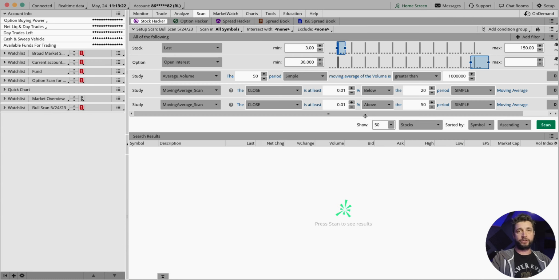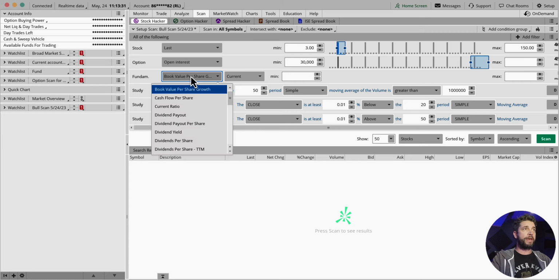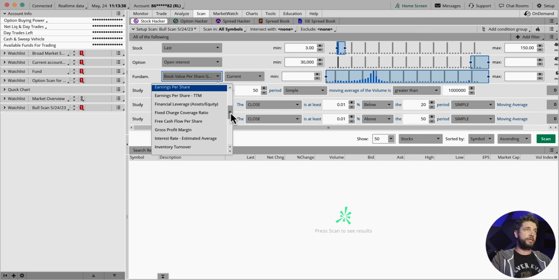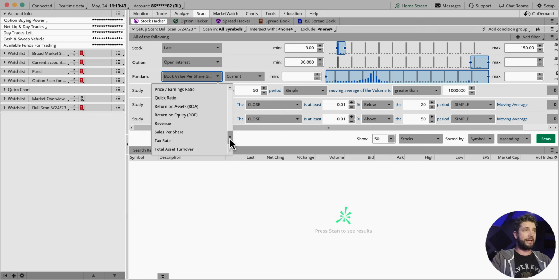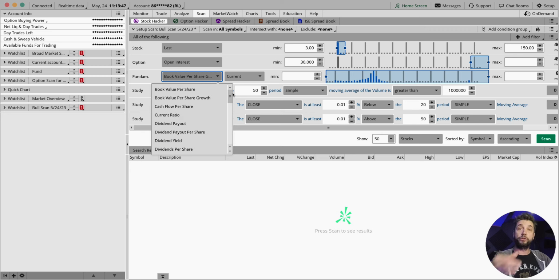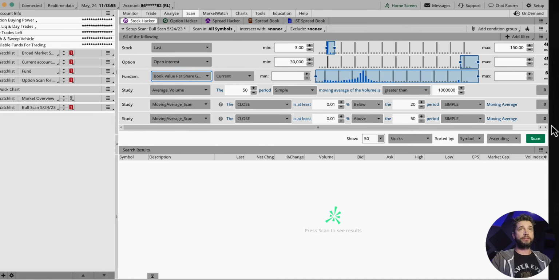Again, you can knock yourself out and scan for all kinds of different stuff, adding filters such as fundamental filters. You may start to look at more fundamental information like dividend yields, PE ratios, market cap, profit margins, things like that. If you're a fundamentalist and you want to make sure you're looking at stocks that have stronger or weaker fundamentals, you can add those as well. There are so many things that you can do